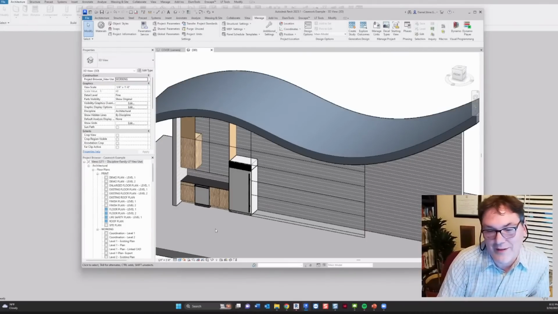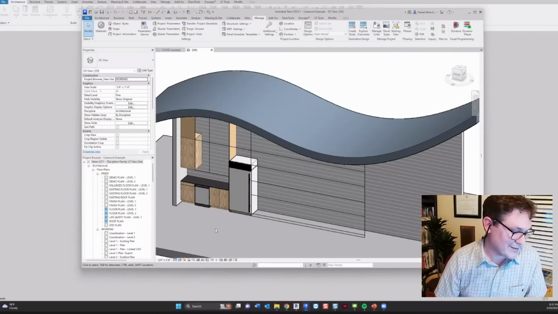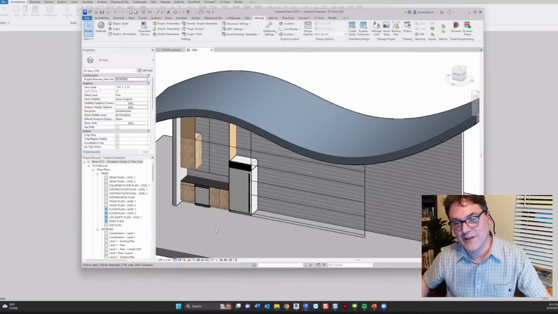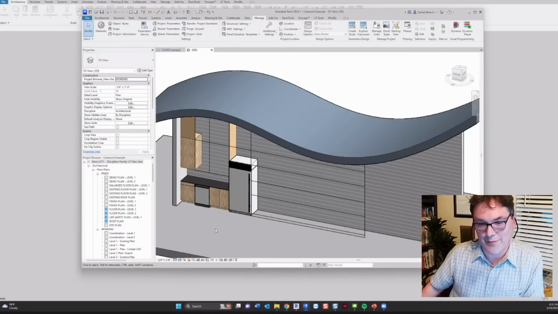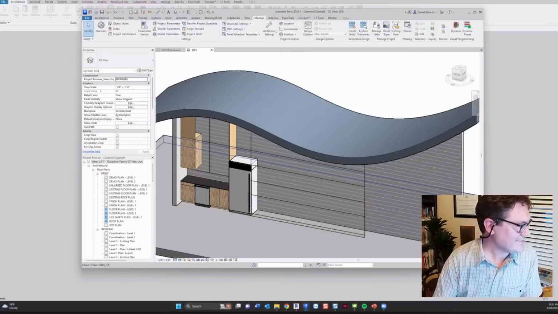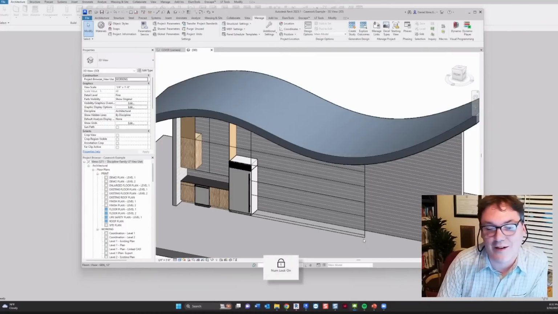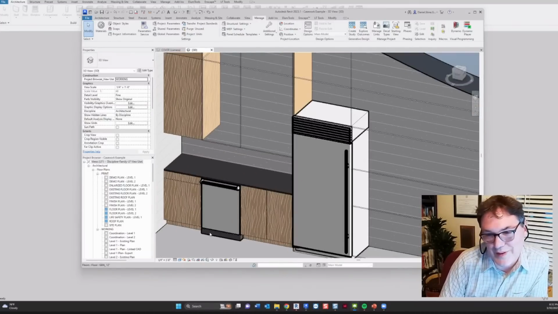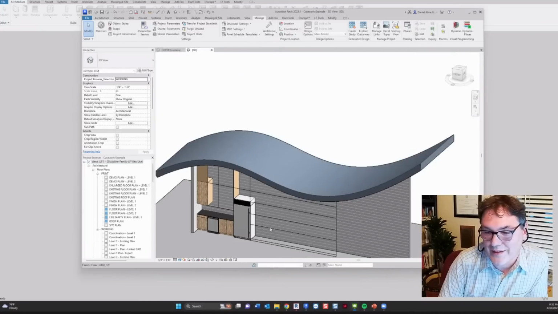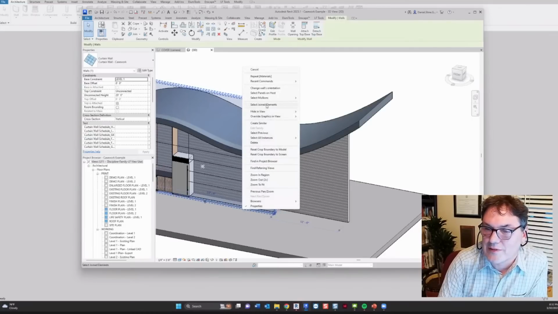So this is a method that we've been using for years, way before my time. In fact, I even saw Philip Chan present on it at an RTC once. Although I'm generally not a big fan of misusing categories, there are always exceptions to the rule. This is one of those cases where all of our casework is curtain wall. So what you're looking at here is the super flexible curtain wall. And if I go to create similar,